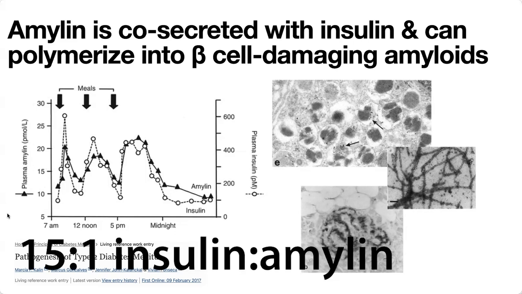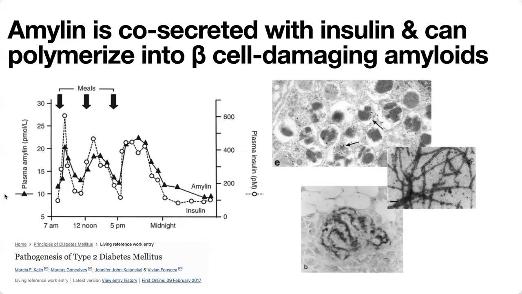It's about like a 15-to-1 ratio. So you release about 15 times the amount of amylin as you release insulin. But if you're releasing a ton of insulin, you're also going to be releasing a ton of amylin. And you're going to remember, because you kind of store that insulin in those vesicles, if you're co-storing that amylin,